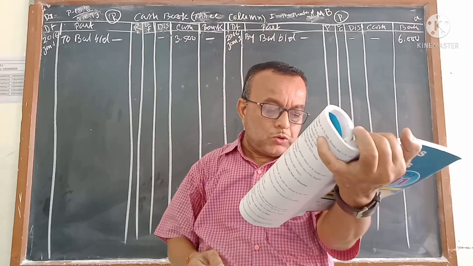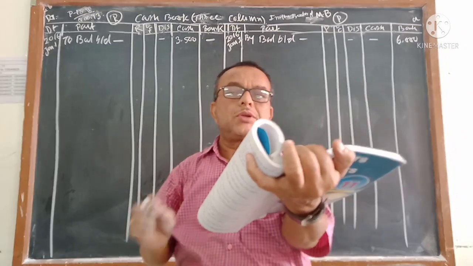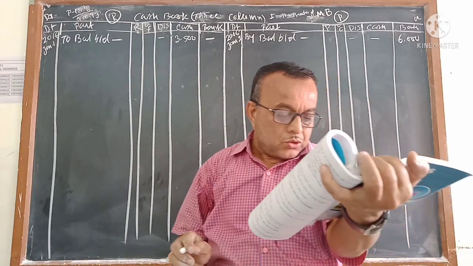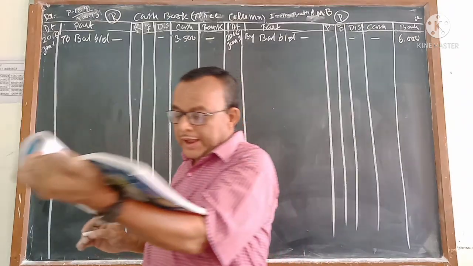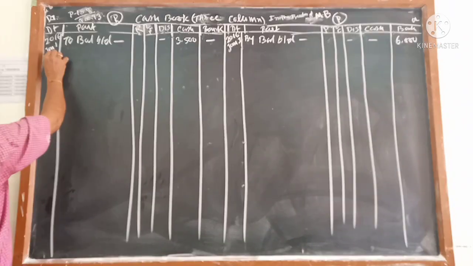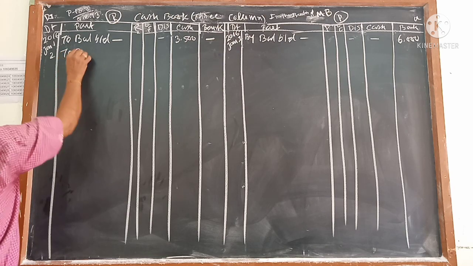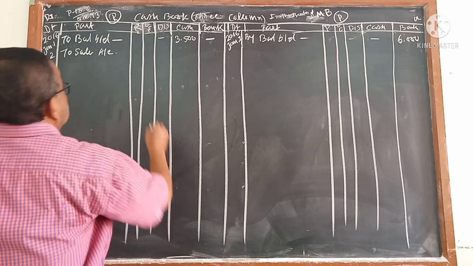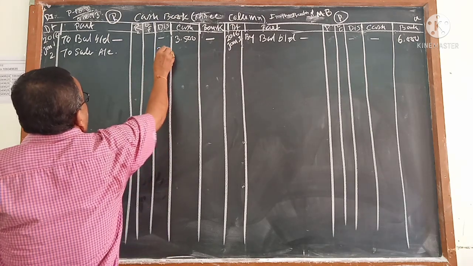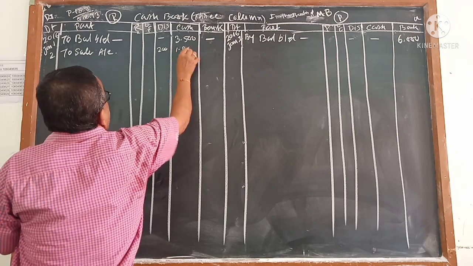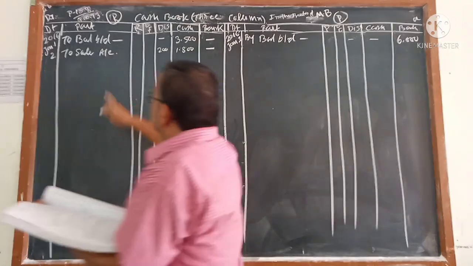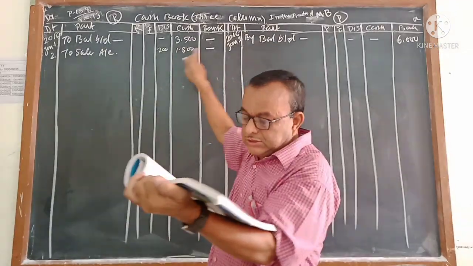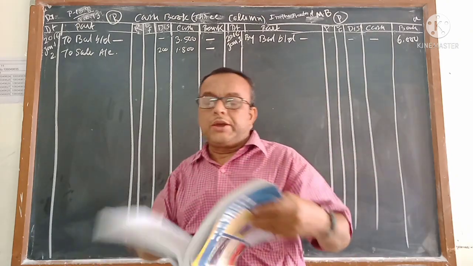Goods of rupees 2,000 sold to Parag in cash at 10% cash discount. Here trade discount is not given, only cash discount is given. How much? 10%. So goods sold to Parag means you have received cash, and I told you, whichever side the cash goes, that side the discount will go. So, to sales account, the discount column will be 10% of 2,000, which is 200, and cash you are getting 1,800, and you are not getting anything in the bank. This is called income. To sales, 200 discount, 1,800 cash, and nothing in the bank account.